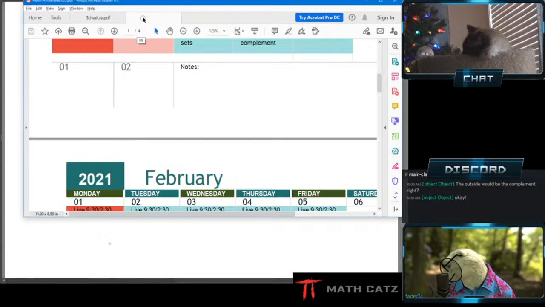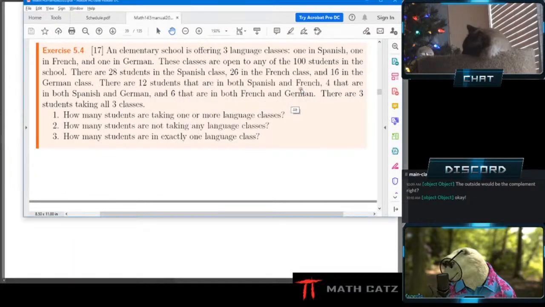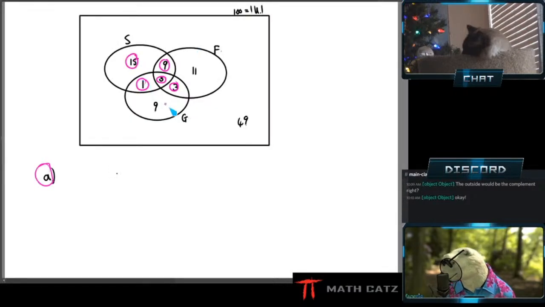Maybe I should read the question. I did this on purpose. Make sure we read the question, right? How many students are taking 1 or more? So 1 is okay, or more. So these are okay. 1, maybe 2, all 3. So these are all okay. Oh, good. So then I could say here, number of